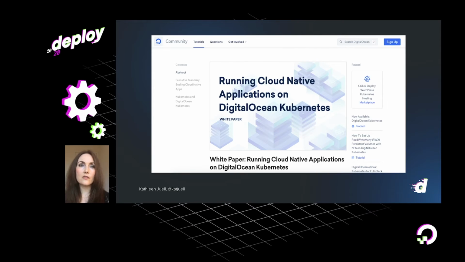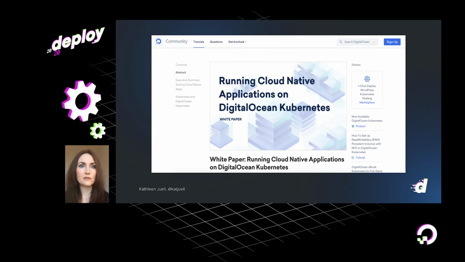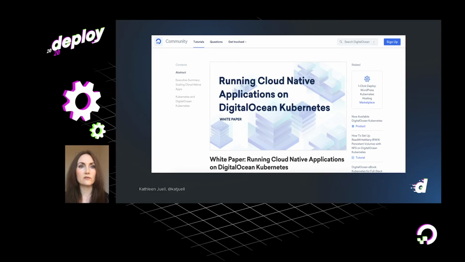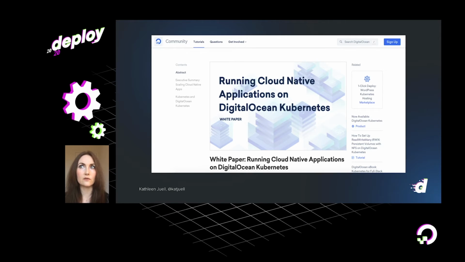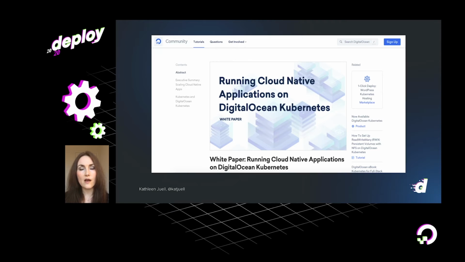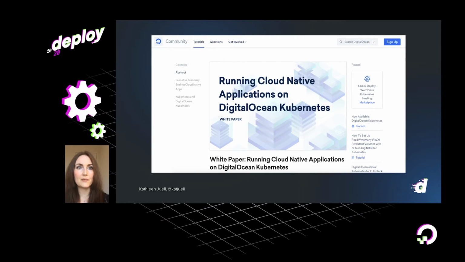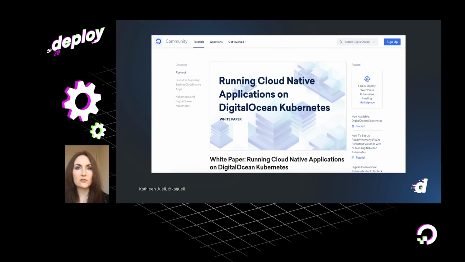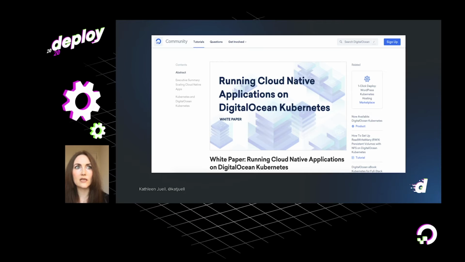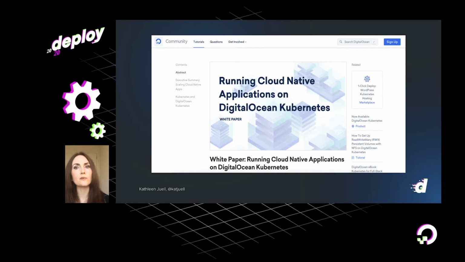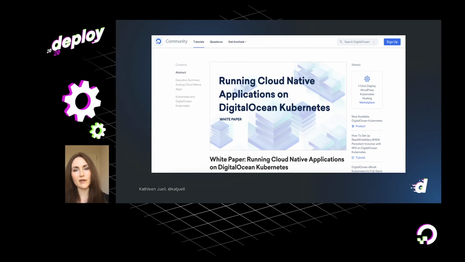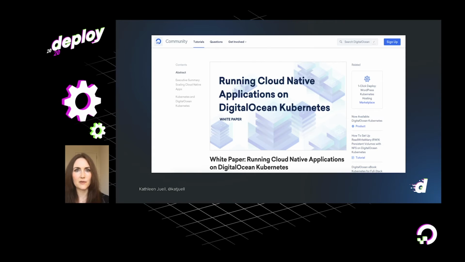So they also put together something for business decision makers that they ended up deciding not to include in the curriculum itself. Ultimately, this became a white paper that was addressed to stakeholders who wanted a kind of bird's eye view of what Kubernetes would mean for the business, some of its benefits, and so on.